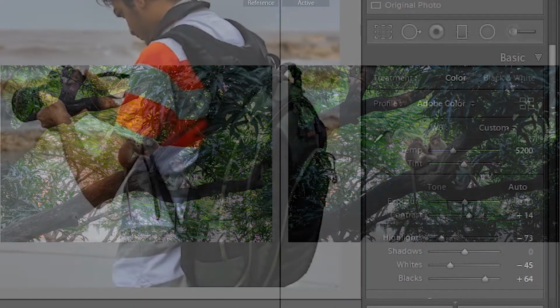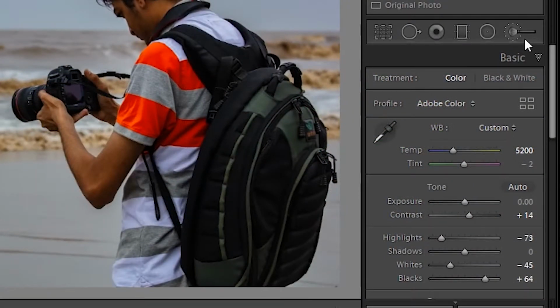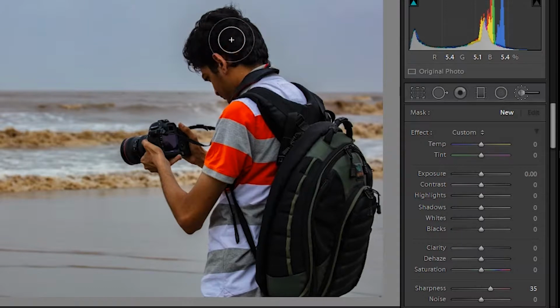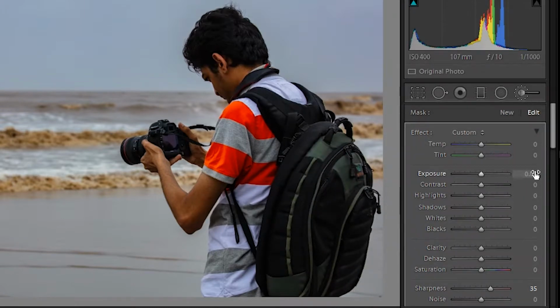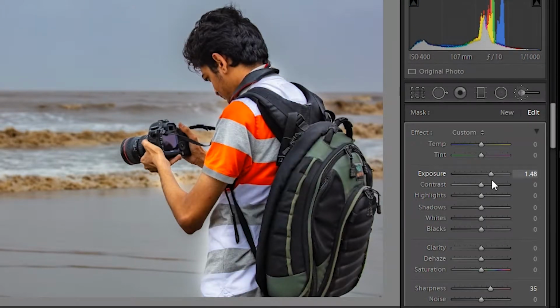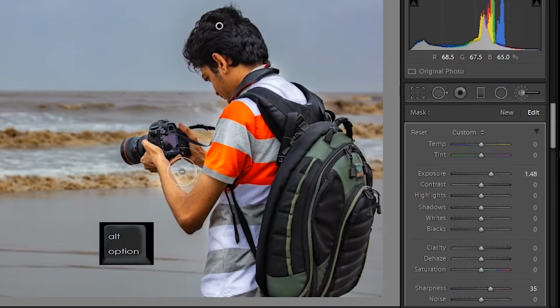If you need to do local corrections to an image selectively, the adjustment brush is the way to go. Just the way you paint, paint in the area where you need adjustments to be done using a brush. You can hold down the Alt Option key to erase a particular adjustment area.